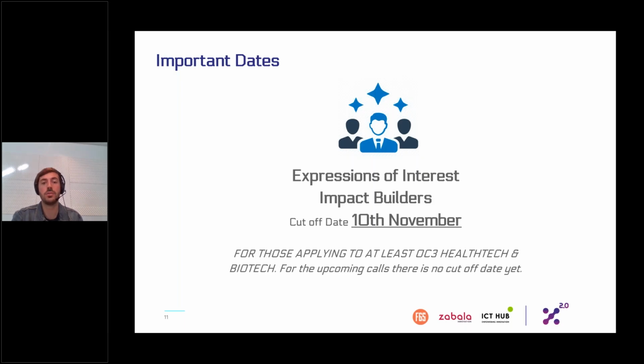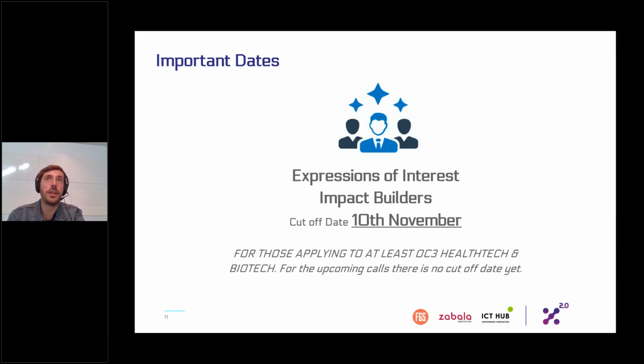Here you have a sentence that says for those applying to at least open call 3 health tech and biotech, but I mean it's open call 4, smart cities and sustainability. For the upcoming calls, there is no cutoff date yet. So if you are willing to apply to open call 4, you have to do it before the 10th of